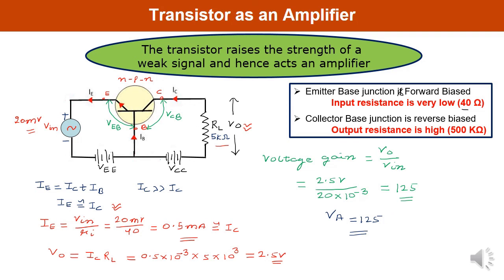So you must remember that a bipolar transistor is commonly used as a constant current source. You must remember this point as well. Here in this particular case, common base configuration is being taken. You can take any of the configurations, common collector, common emitter, and accordingly you can show how it can be used as an amplifier.